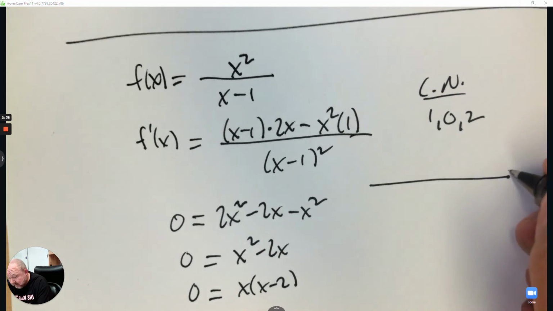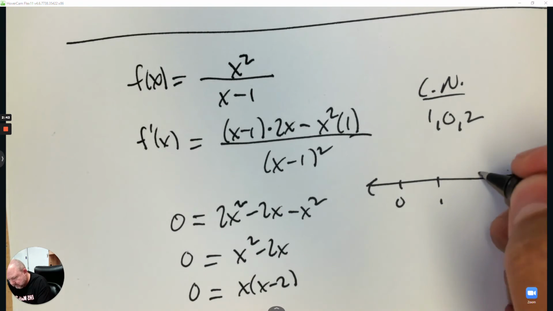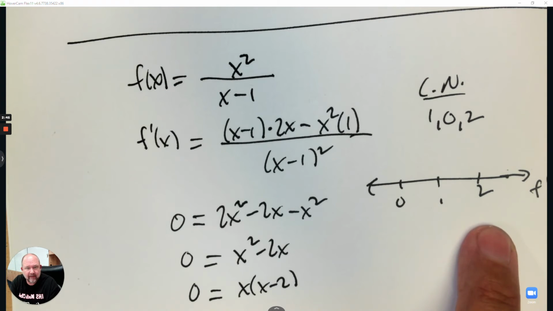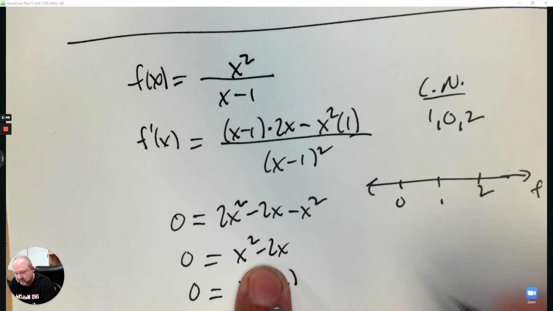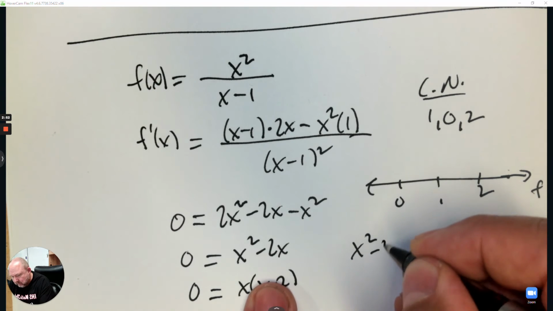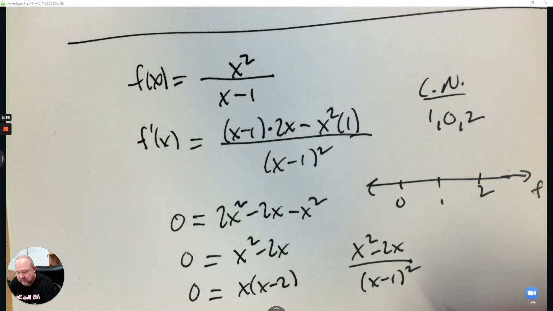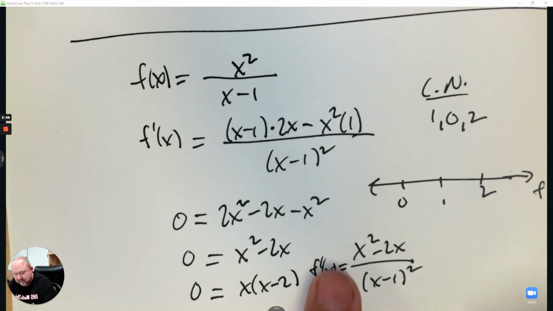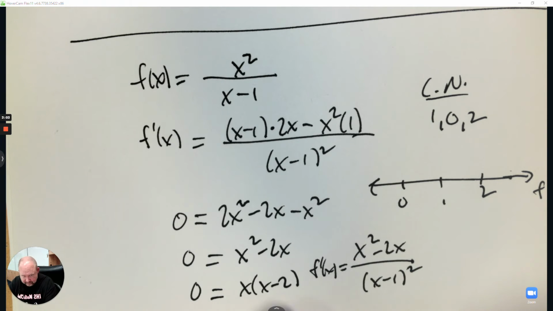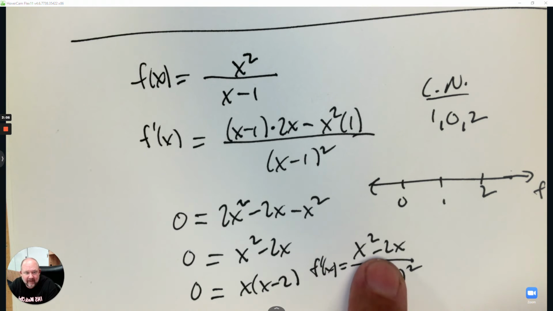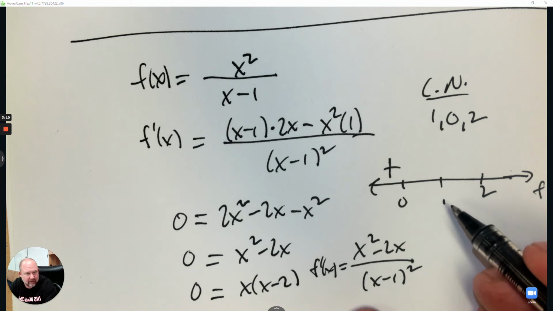Now we're going to draw a number line for the first derivative. And I'll put them in order. And then I'm going to go back to the derivative. So when I simplified it down, ultimately I had x squared minus 2x over x minus 1 squared. So the derivative, once I reduced it, simplified it down, this is what I'm going to plug into. So a negative number here, so -1, a negative times a negative, it's going to be a positive over a positive. If I plug in 1/2,